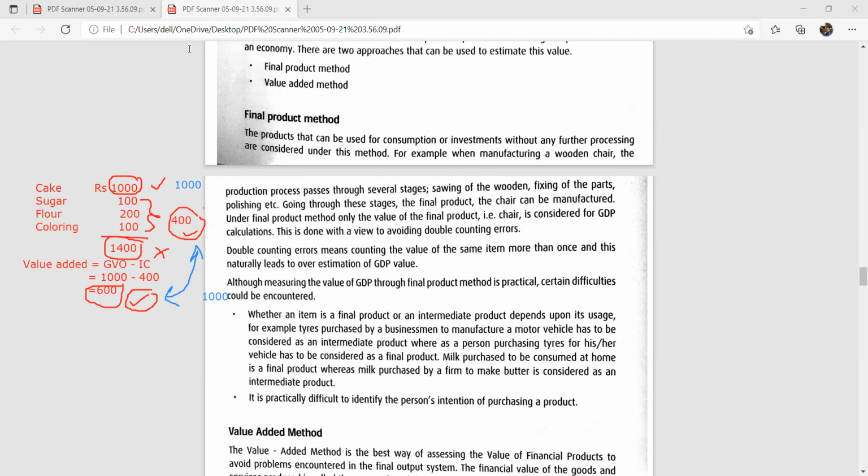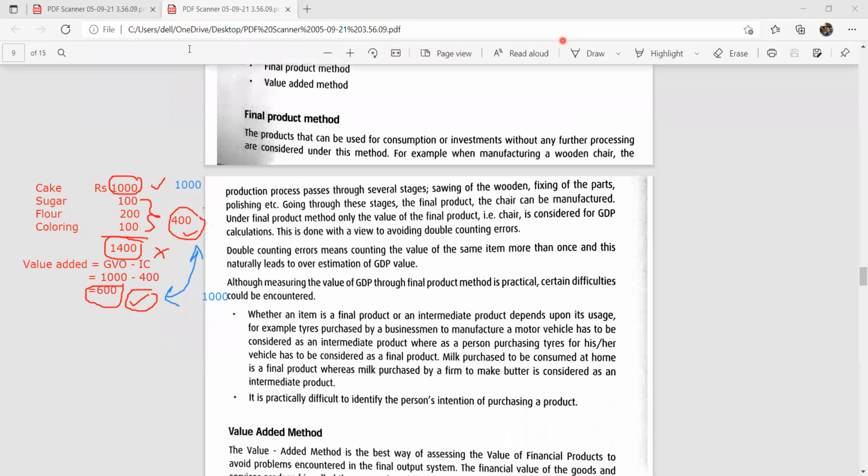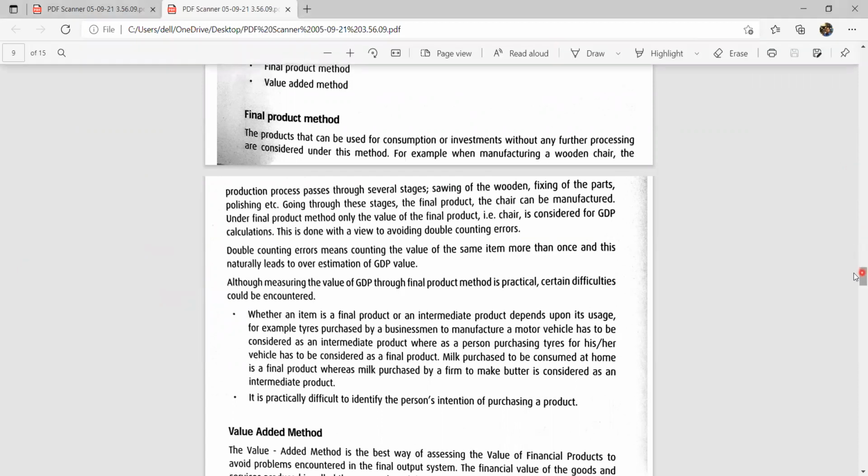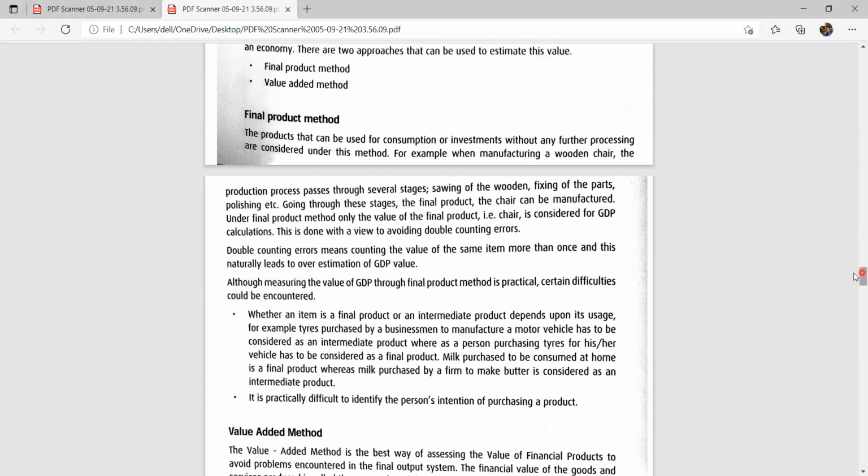Right. So this is how we recognize a country's production under the final production method and the value added method. The final product method says the products that can be used for consumption or investment without any further processing are considered under this method. For example,